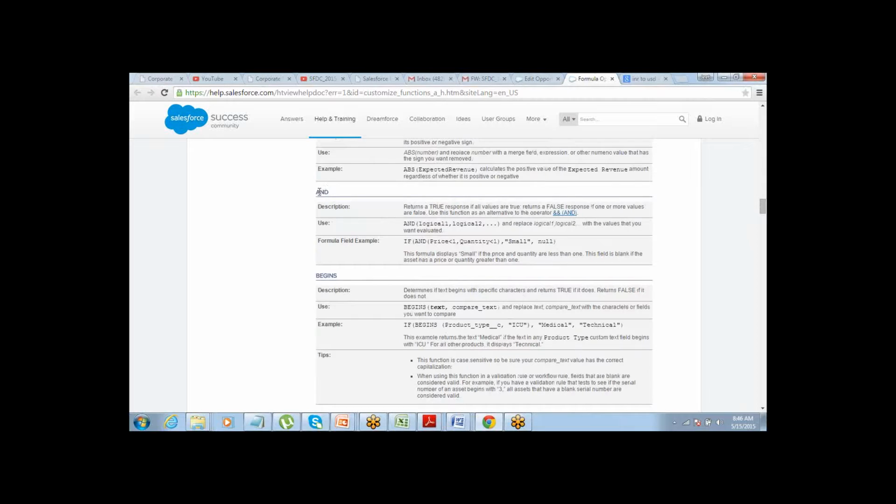Here it is, AND function. Returns a true response if all values are correct, and this is an example. So everything will come here with an example as well.